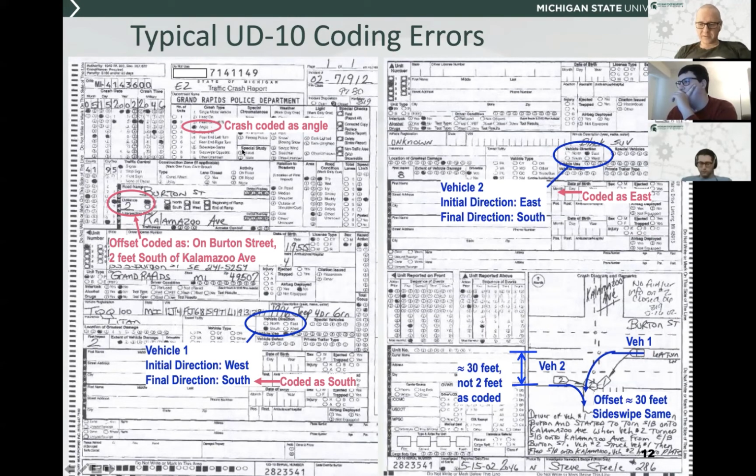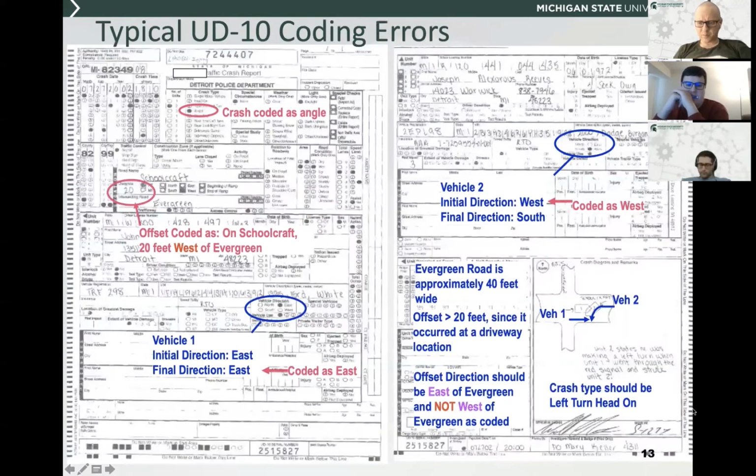So here's another case. This one's coded as an angle, and this is another one where it basically should have been a same direction side swipe. So anytime you've got collisions like this, where both vehicles are ultimately trying to occupy that same space, those would typically be sideswipe same collisions. And so oftentimes those are some of the ones that become the most problematic. I think I might have a few other examples here